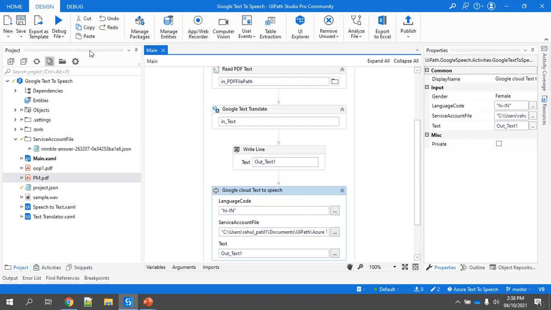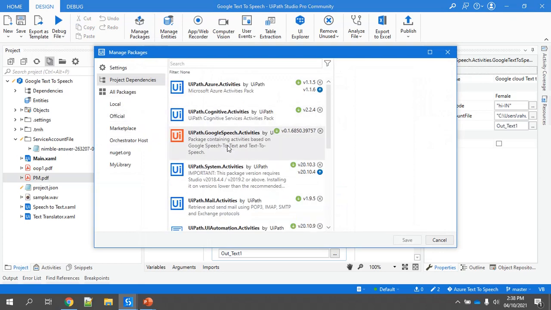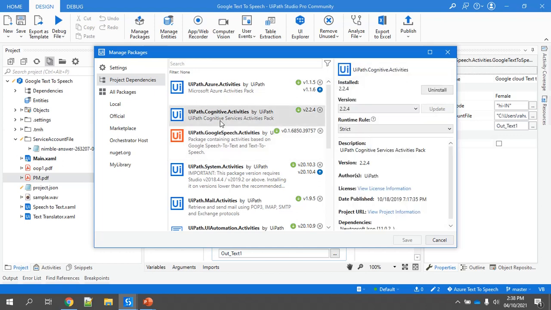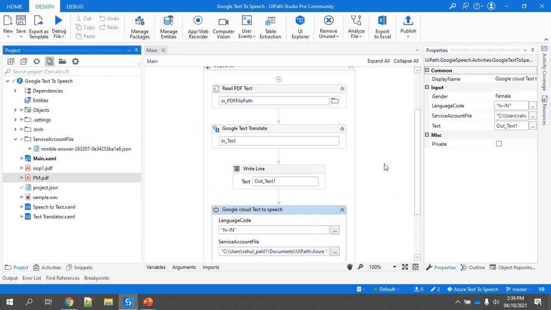Now to download these activities, we first have to use uipath.googlespeech.activity and uipath.cognitive.activities. So these two packages we have to download from Manage Packages. Then you can use Google Text Translator and Google Cloud Text to Speech activity.